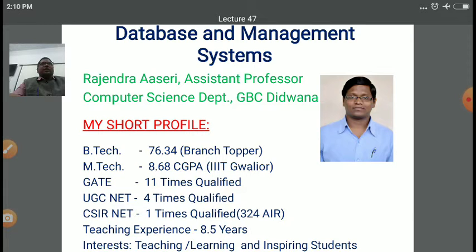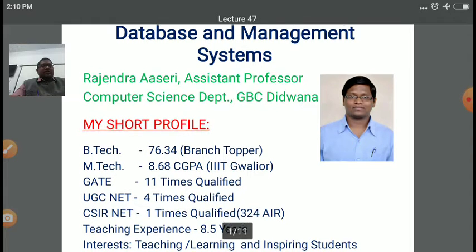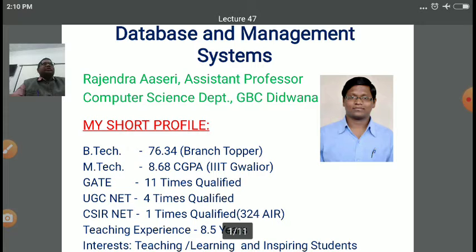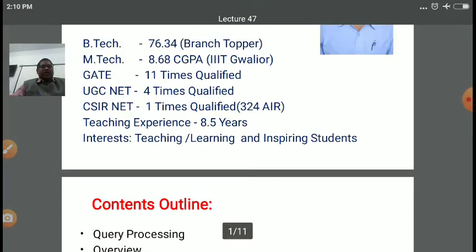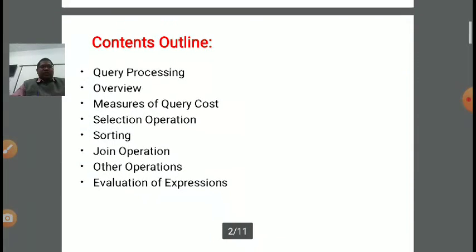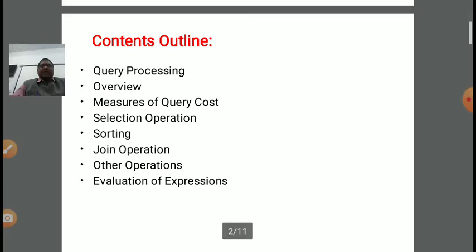Up to this point, we covered various concepts on indexing and hashing under the subject Database Management System. In the previous lecture, we started a new concept, the selection operation, and we measured its query cost with the help of various algorithms. Up to this point, for query processing, all the steps like parsing, translation, optimization, and query evaluation we covered in very much detail.